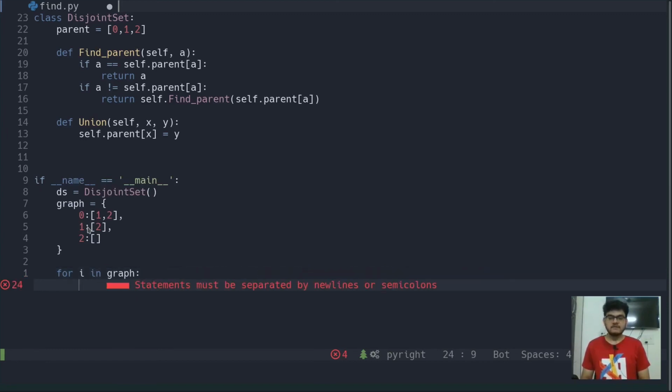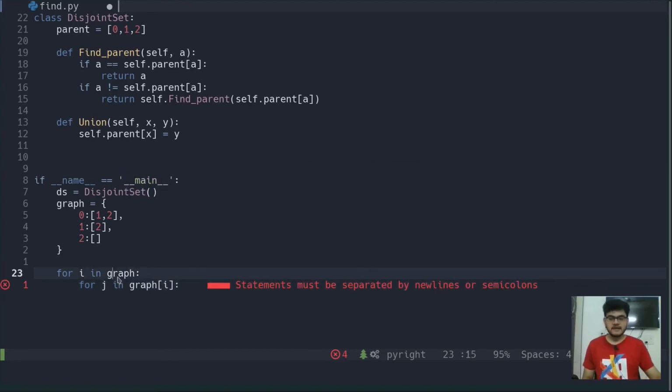And now since we want to traverse the neighbors, we are going to use another loop, for j in graph[i] position, right? So what we are doing is we pick up an element from a graph which is at the ith position and we find out all of its neighbors. So j represents the neighbors at 0 position, 1 position and 2 position.